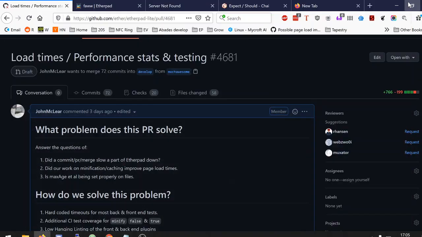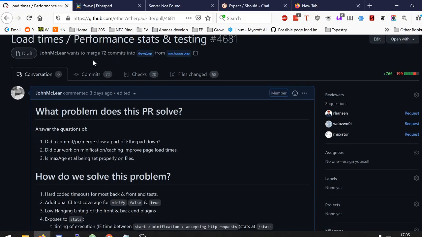I'm going to do a quick video about the load times, performance stats and testing pull request. It's quite an in-depth pull request with quite a lot of changes. I'm going to talk through it anyway. So the overall goal of the pull request is to see if Etherpad has been slowed down by a commit